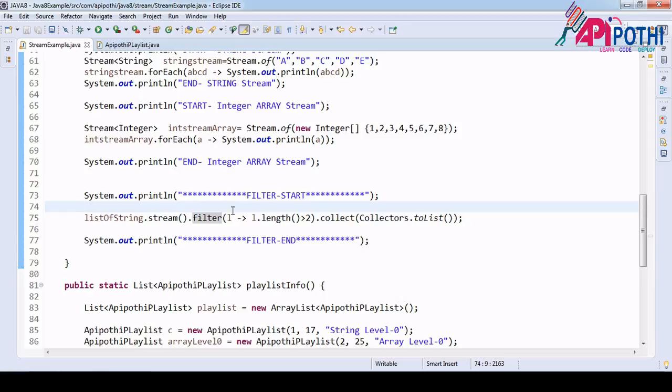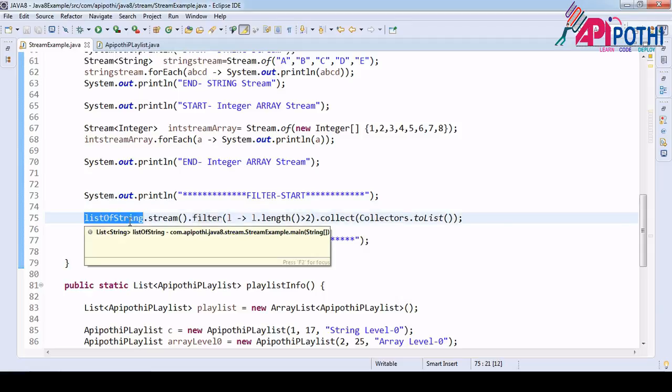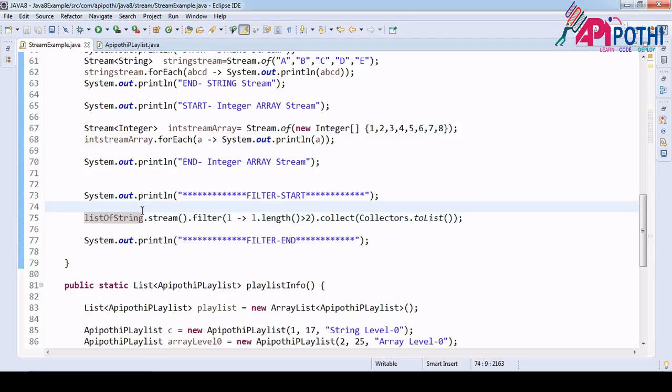Filter meaning that if you want to do some operation which might reduce the actual size of the collection, then we will go for the filter, right? Filter meaning that we are just reducing some values, we need only some values. We don't need all the values. So in this kind of situation we go for filter. Okay, later I will tell you when we will go for map.